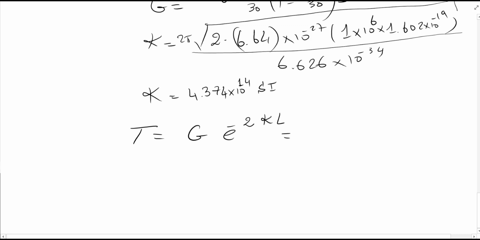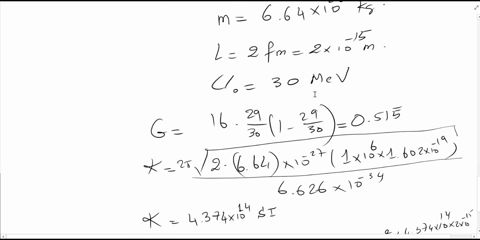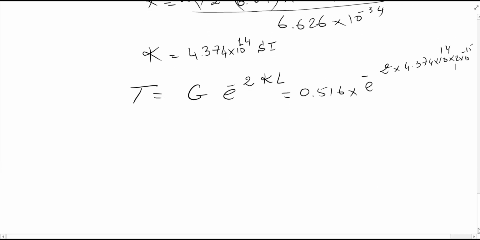G is equal to 0.5516, okay, times this exponential of negative 2 times this number 4.374 times 10 to the power 14 times 2 times 10 to the negative 15, okay, because L is 2 femtometers. So if I plug in the numbers in here for T, the probability that this alpha particle will decay according to this model,